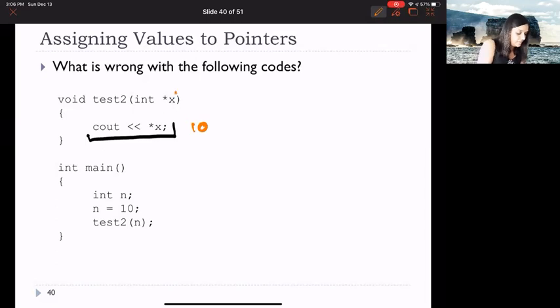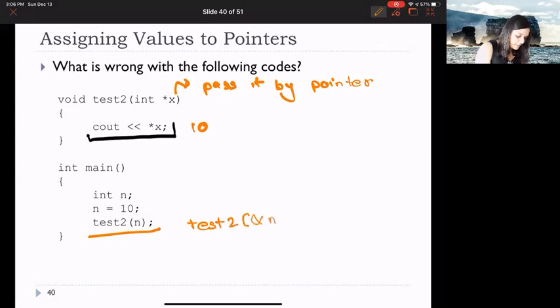That something else is you are not passing it correctly. We want to pass it by pointer, right? But we are not doing it correctly, because in order to correctly pass it by pointer, rather than using test2 of n, we should use test2 of ampersand n. As we discussed while discussing pass by pointers, pass by reference, and pass by value, when passing by pointers, it's important that you pass the address to which that pointer needs to point. So if you just pass n rather than ampersand n, then you might get a compile time error